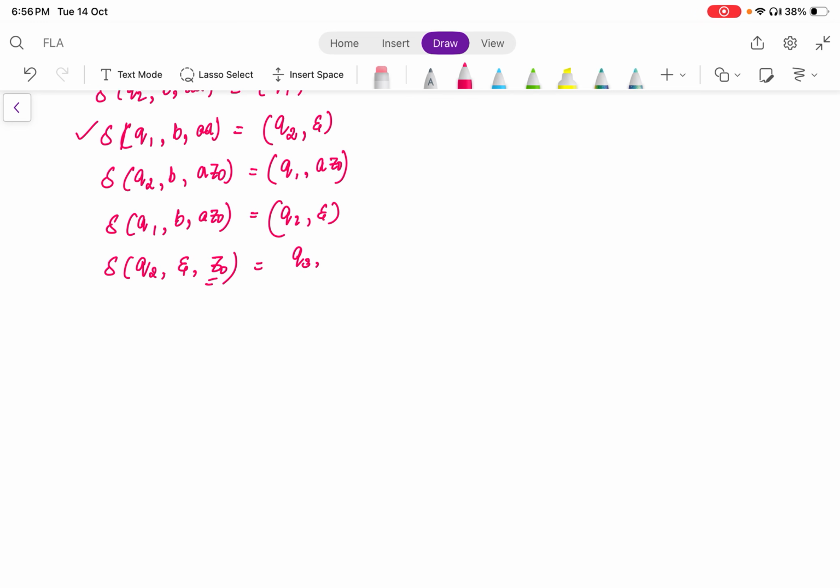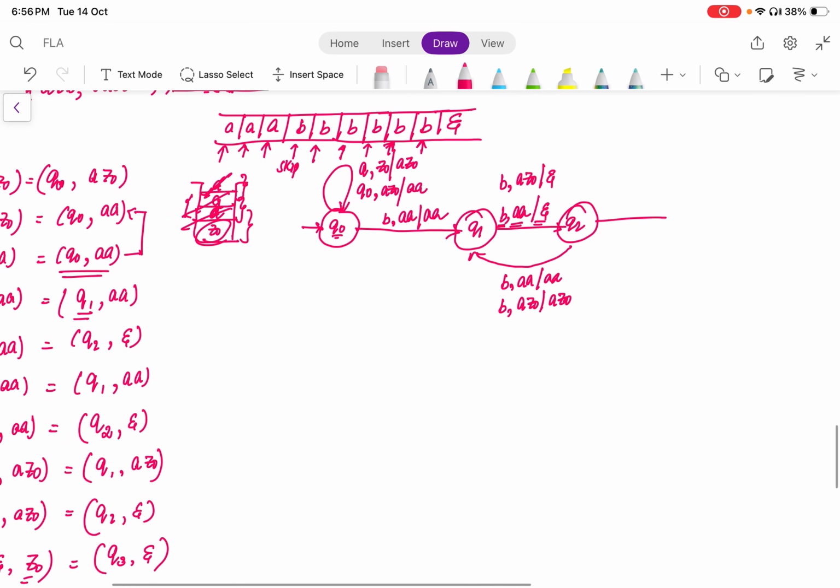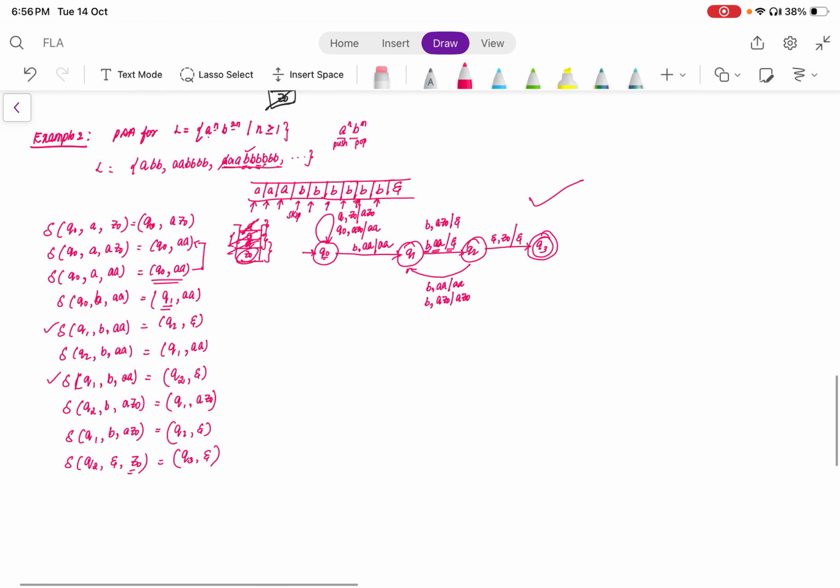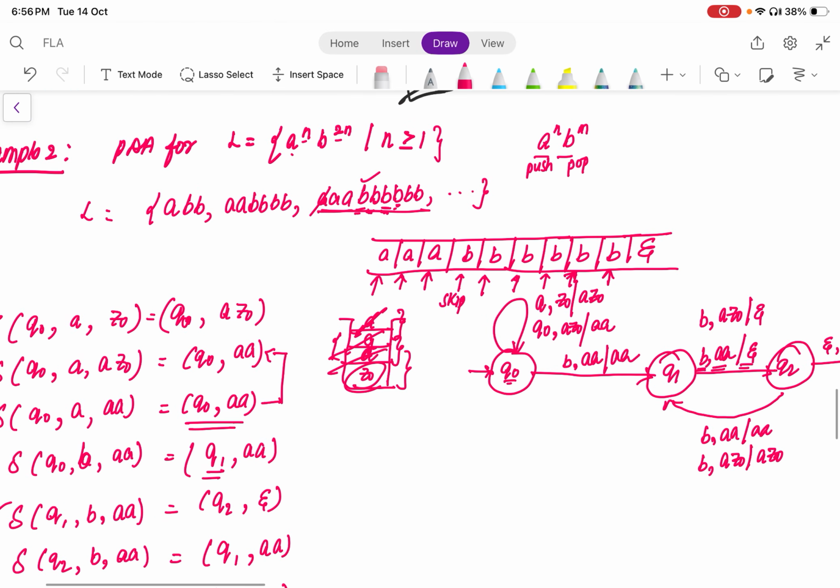So you change the state, it is just epsilon. So you change the state to Q3, the final state. This is your final state. So the input is epsilon. Okay, stack state is Z naught. You are popping. So epsilon. So this would be your PDA for A power n and A power